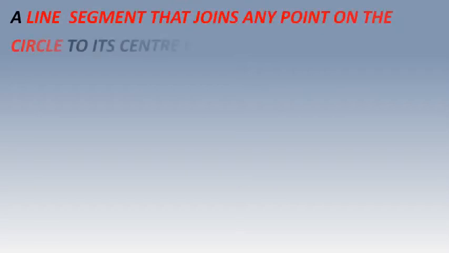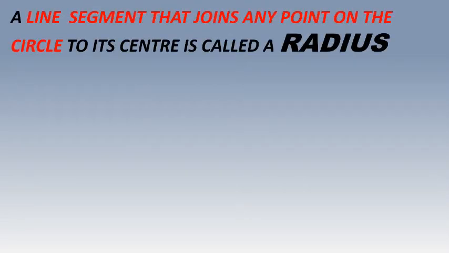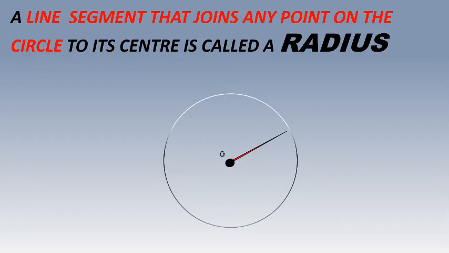In this slide of the video, we have the definition of radius. A line segment that joins any point on the circle to its center is called a radius. We have one more term in this definition, that is line segment. A line segment has two end points. And now, what is radius? Let's understand this with the figure. This is a circle which has a center O, and if we take a point on the boundary of the circle as point M, then the distance from point O to M is the radius of the circle.